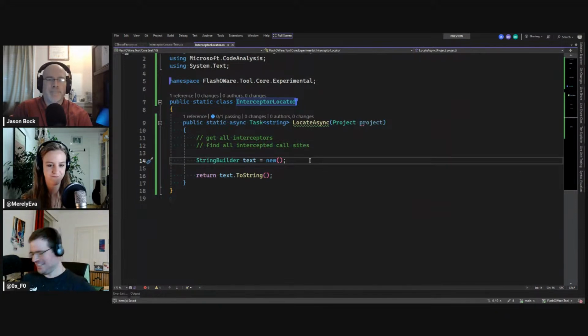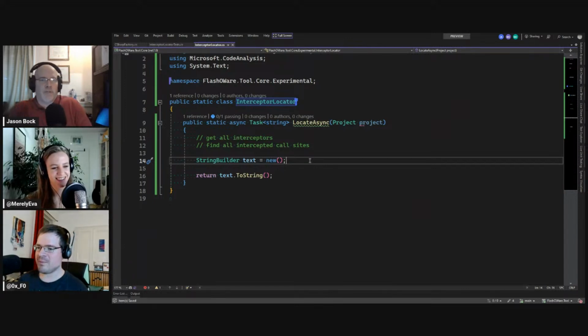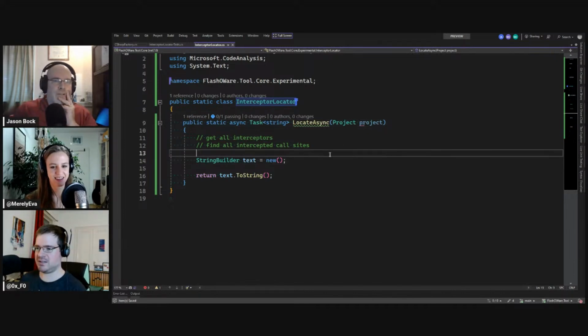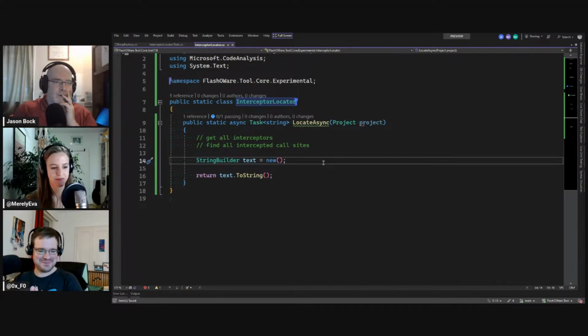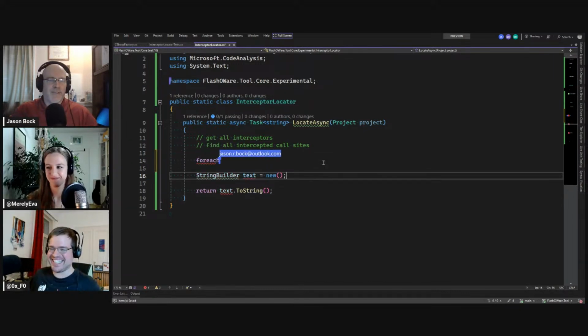Where would we start? Well, this is actually a code analysis project, so you want to go through all the documents in the project. That sounds fair. So, who would like to code? Oh, I haven't done anything. Let me see if I can.